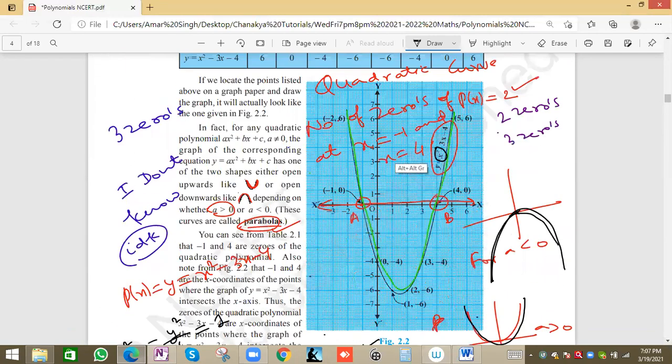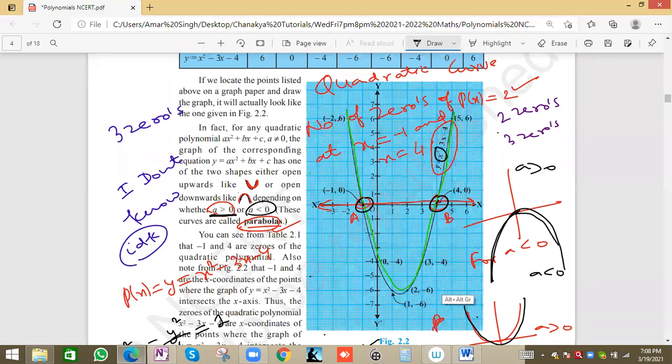Now in this case we can see 2 zeros at these A and B positions. So the number of zeros will be 2, and the graph of this equation has a curve shape, a parabola, and for degree 2 we have only this parabola nature. And if a is greater than 0, as we have seen in the last session, then it will open in the upward direction. For this graph also a will be greater than 0 because it is opening upward. For a less than 0, the graph opens in the downward direction. For this graph, a should be less than 0, and the degree will be 2 because this is a graph of a parabola, meaning a quadratic